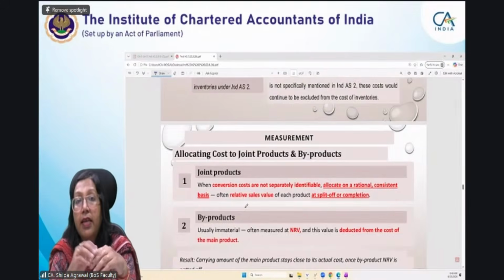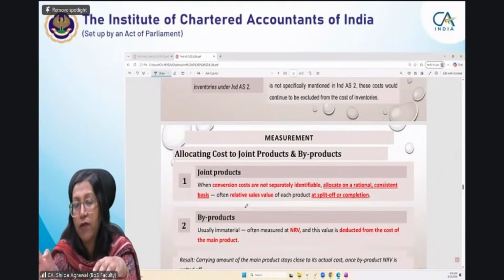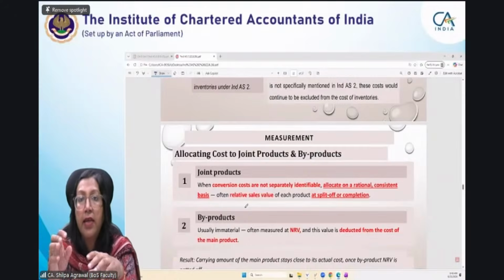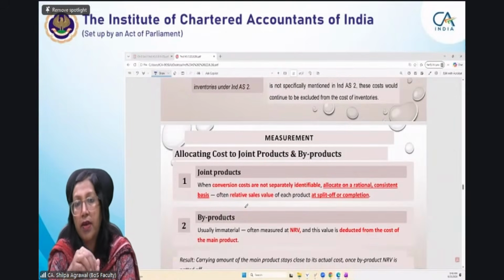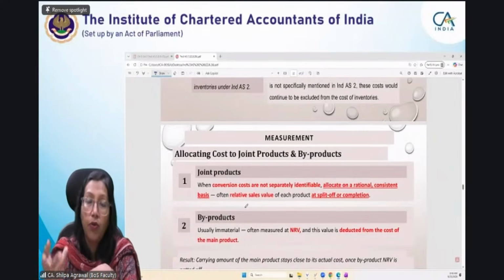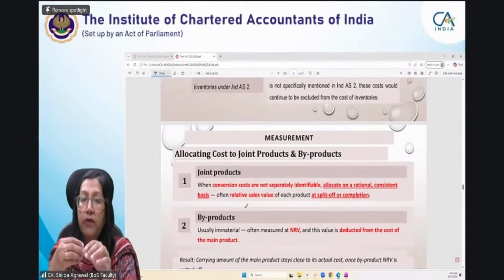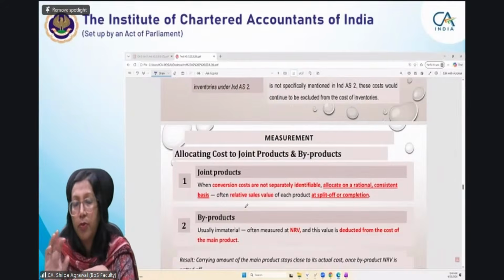So in that case, it depends on whether the entity has installed proper manufacturing for the usage of all the parts. If they are doing it only for two main products, extracting coconut oil and extracting the coconut flakes, in that case they are joint products. How to account for that? What would be the measurement of both the products? Because one raw material was coconut, out of that we have produced two products. So what will be the value of product one? What will be the value of product two?